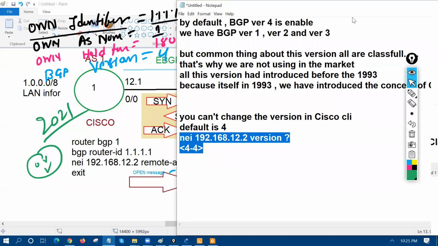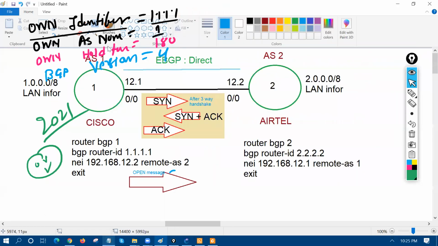So all this information, right, guys? All this information I'm sending. This is own identifier, own AS number 1, and own hold on time 180 seconds. That's by default, and BGP version. All this message I'm sending in the BGP first message type. It's an open message. Open, as the name suggests,